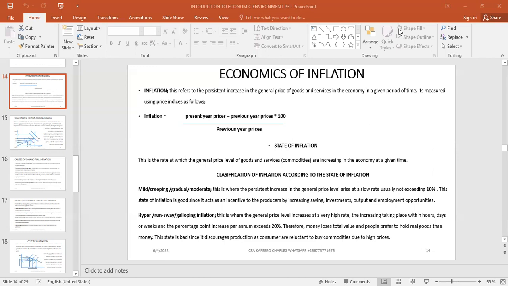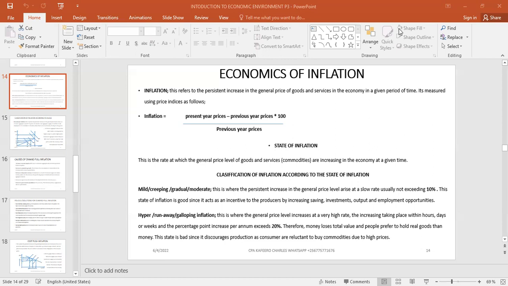It's a time where the prices of commodities are increasing on a continuous basis, depending on the factors we are going to see, which force the price of goods and services to be increasing in a